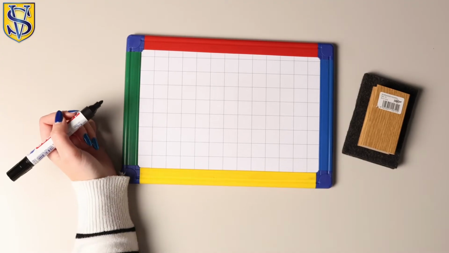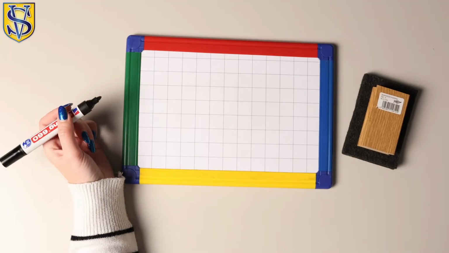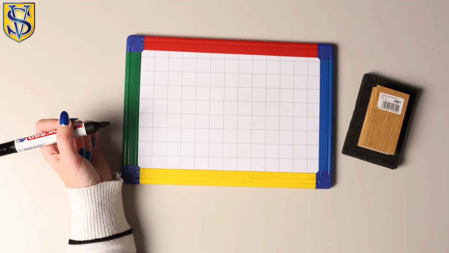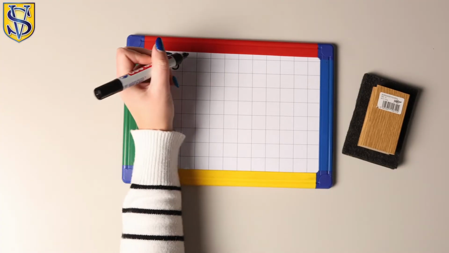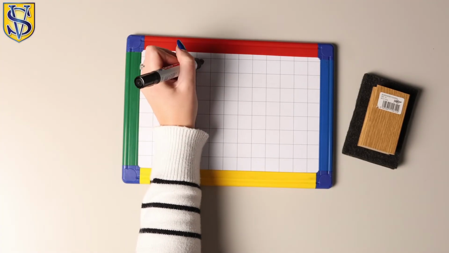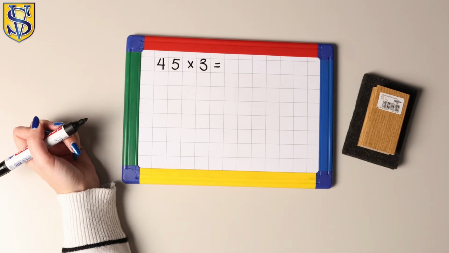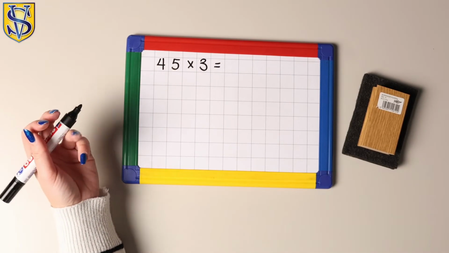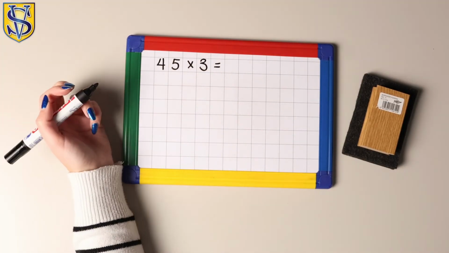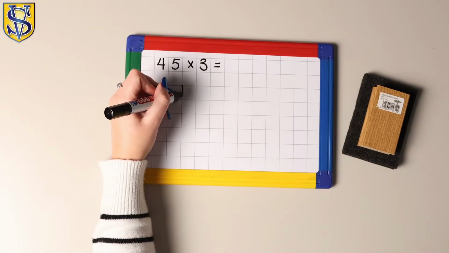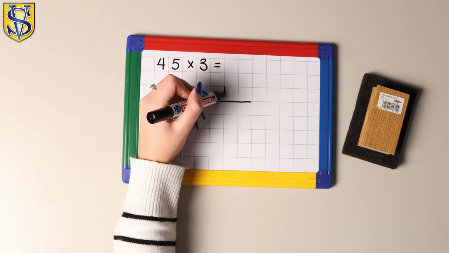For this video, we're going to do multiplication using the grid method. So I'm going to start off with a 2-digit number multiplied by a 1-digit number. And so for the grid method, you are going to split up the number into tens and ones, and you're going to put it in the shape of a grid. So we're going to just go down and across.